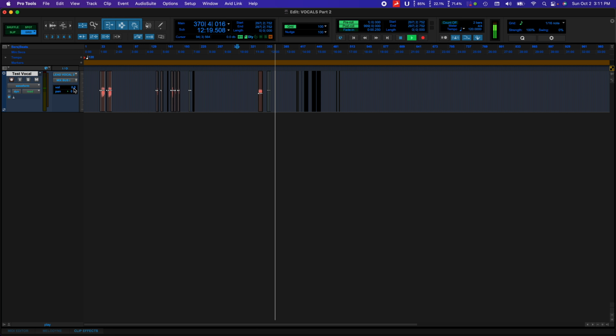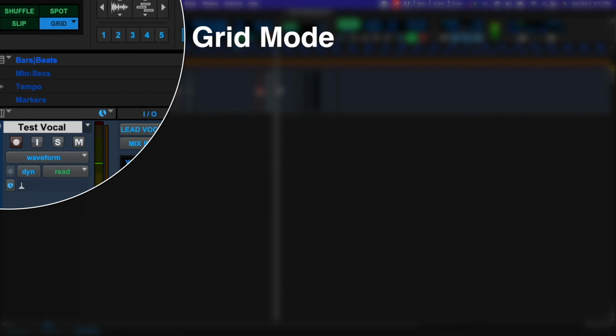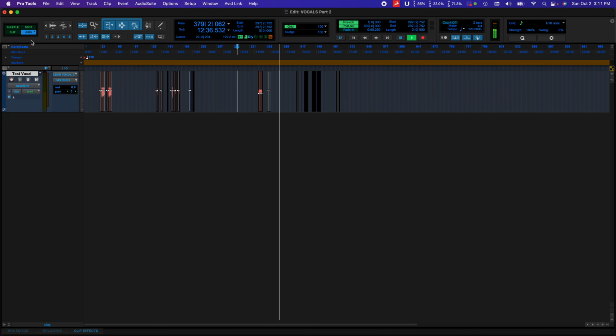Now, before you slide this to the breath of the vocal, make sure you're in grid mode, and that's over here. I always have mine set to absolute grid. Now, you can set it how you want to, but that just works for me. Now, let's pull this back until we get to the beginning of the breath of the vocal, or if there is no breath, up into the actual vocal. Now, in this case, there is no breath in the first line of this vocal, but, and let me be